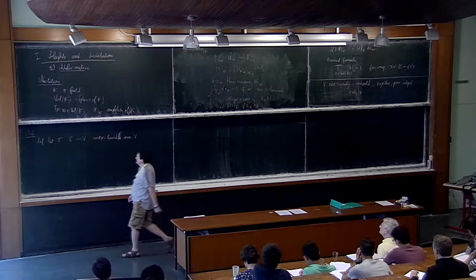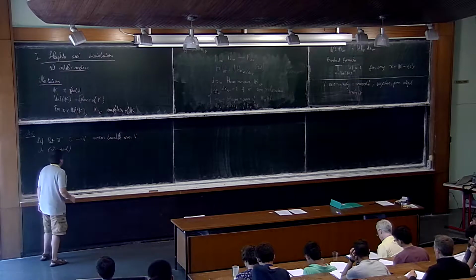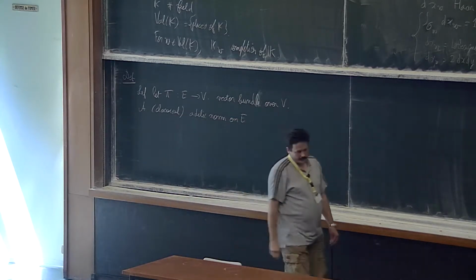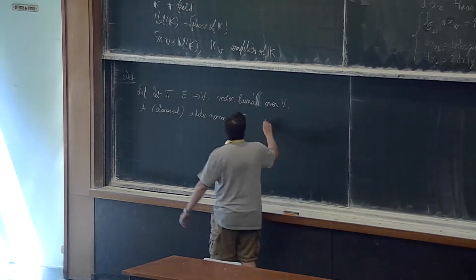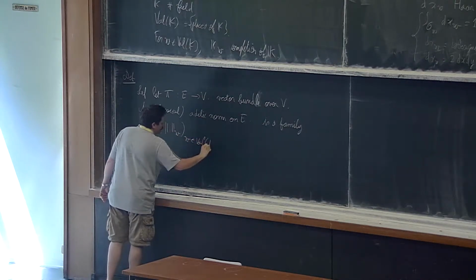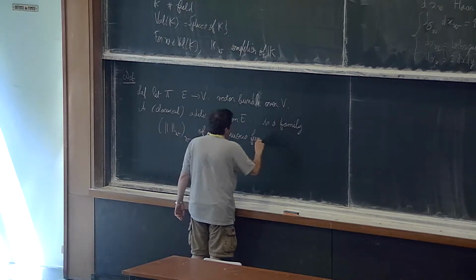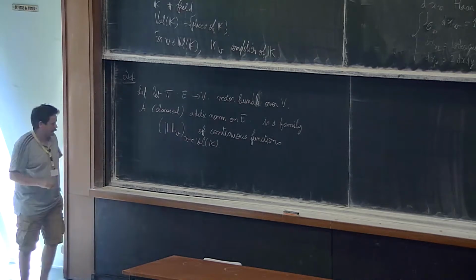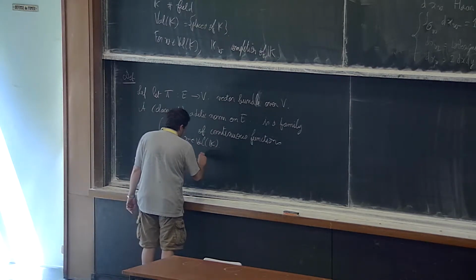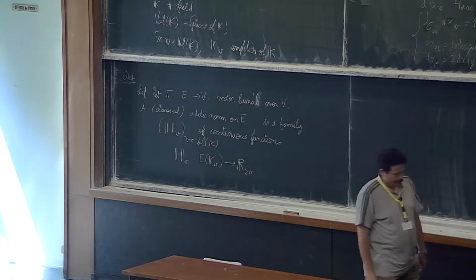Then, I should say a classical, but I will forget about that quite quickly, adelic norm on E is the following data. It is a family of norms ‖·‖_W, for W in the set of places of K, of continuous functions. I do not assume any smoothness or things like that. So this function goes from the K_W points of E to R, such that